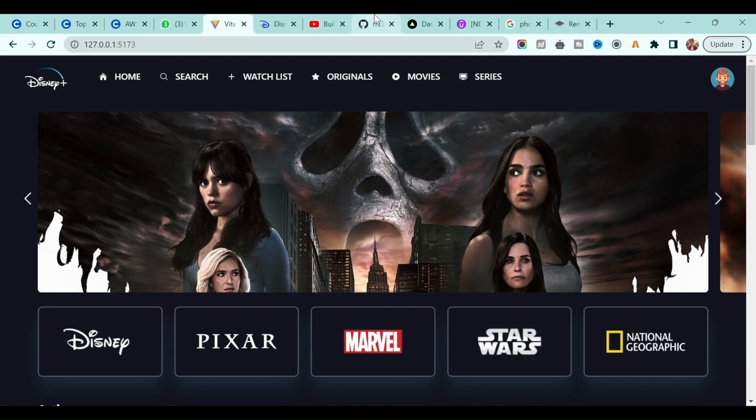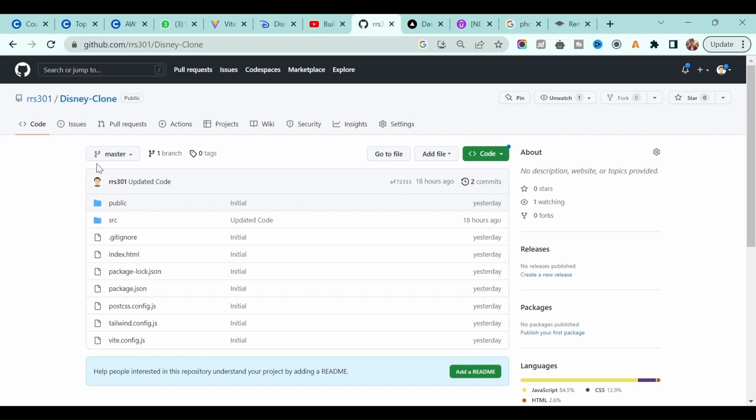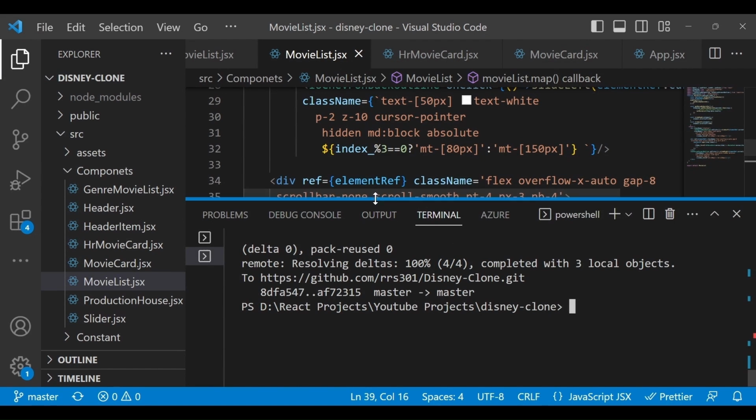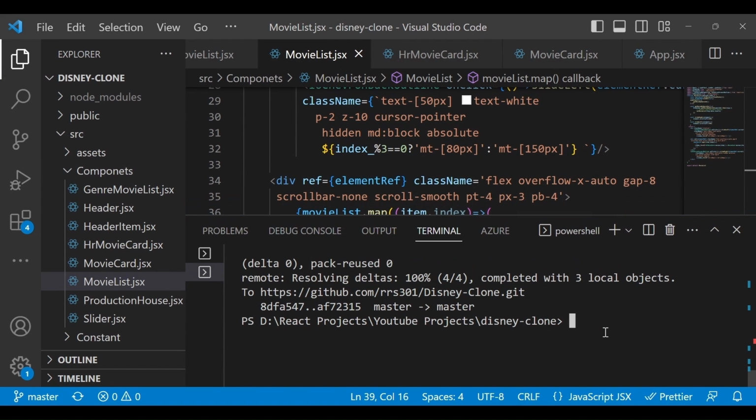Okay, so if you don't have any account on GitHub, then create a new account, and make sure you follow the steps in order to push the code. Okay, so I already created the account and I already pushed some of the code. So right now I will just push my existing code. I will add the code and then I will commit it.